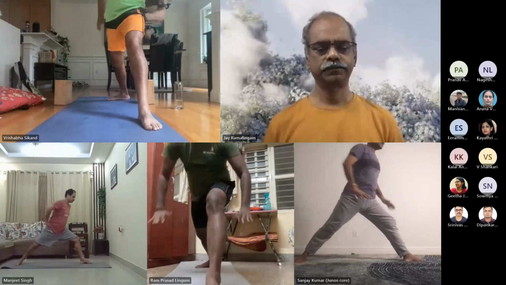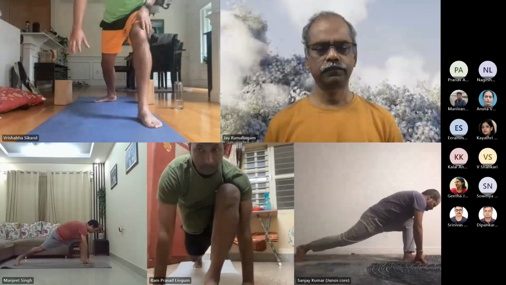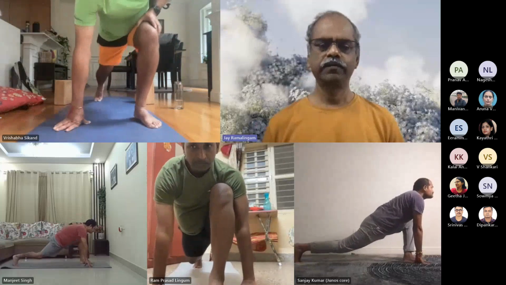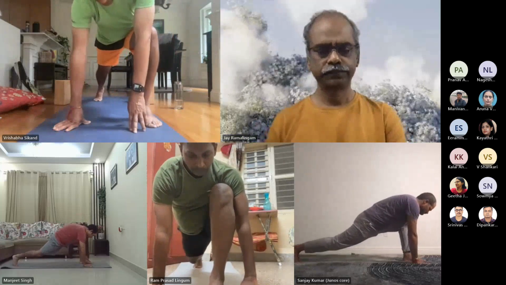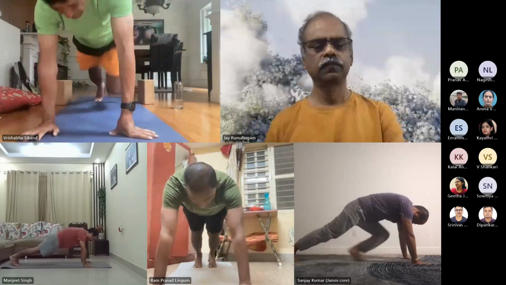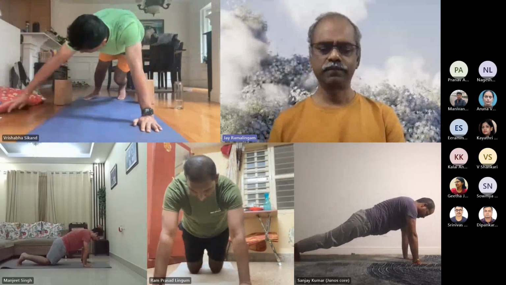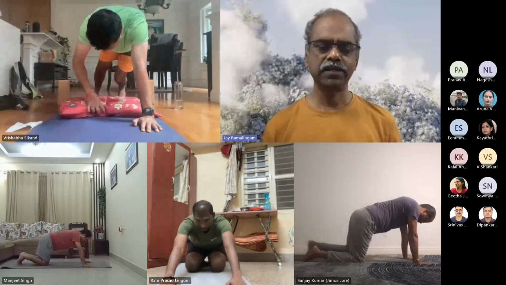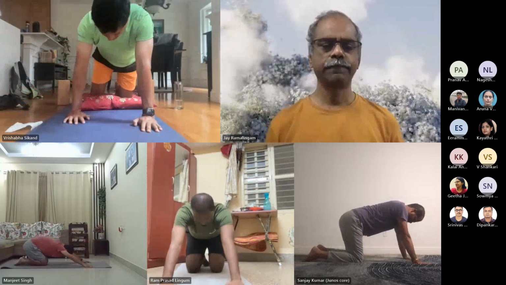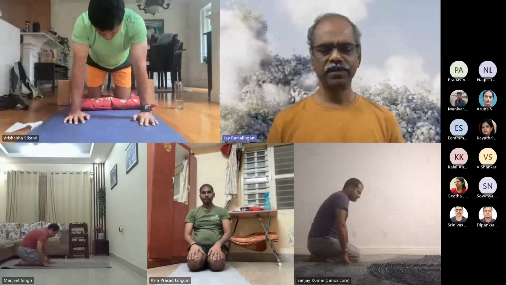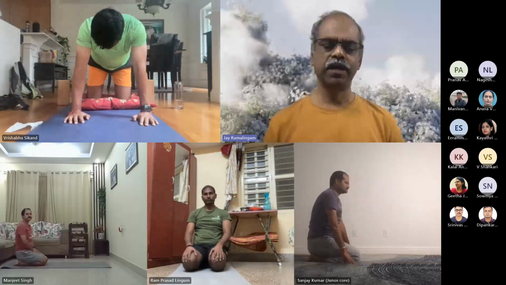Ashvasanchalana. Right foot back, plank. Gently drop the knees down to the mat. Cat posture and then Vajrasana. Now separate your knees as wide as you can.